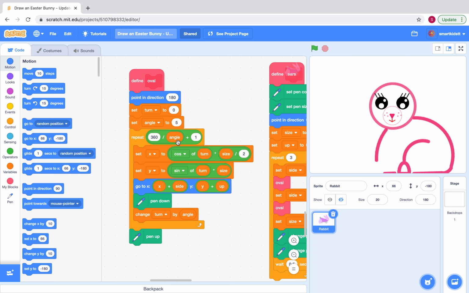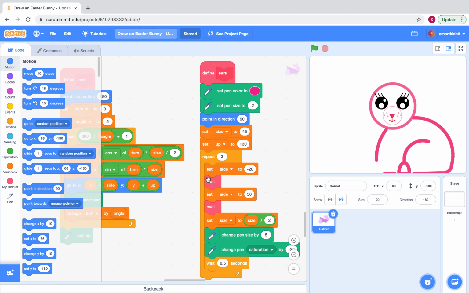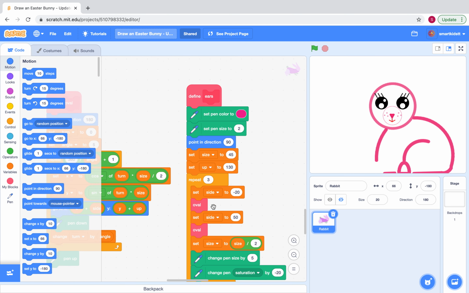And so let's assume angle is 1 in this case. Then that's the ideal case. Then it'll be 361. But then that takes really long, so that's why we use the 5. And that's it. So then I take that oval and I use it in the different parts to make the